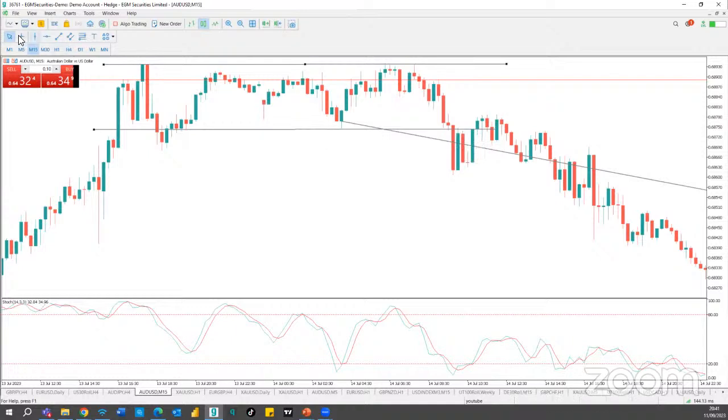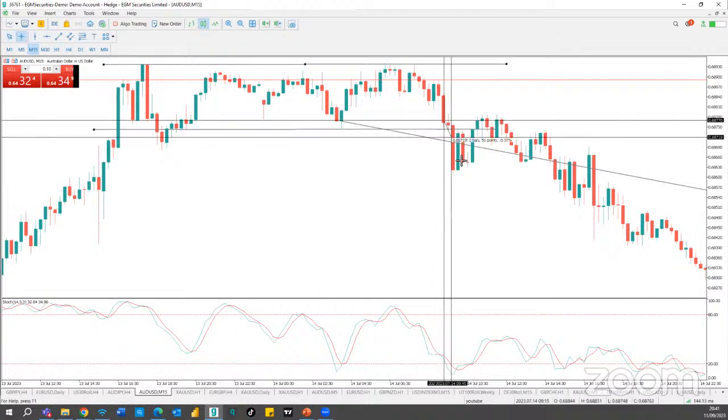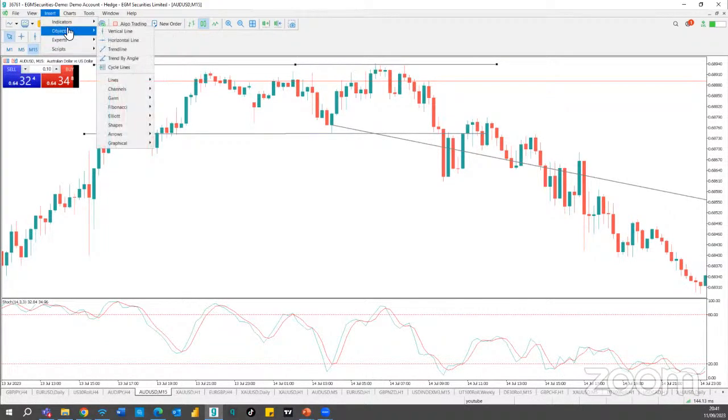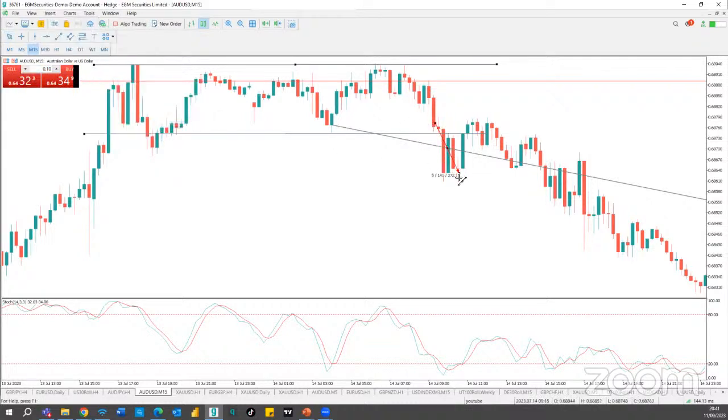We had a breakout at this level here. Let me get an arrow to show you the initial breakout. Yes. So we had this initial breakout to the downside up to that level, and then a little bit of